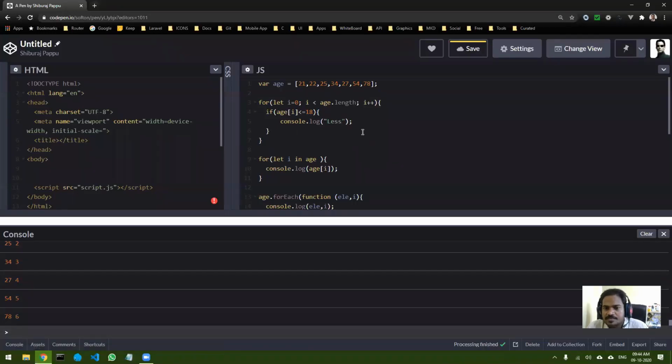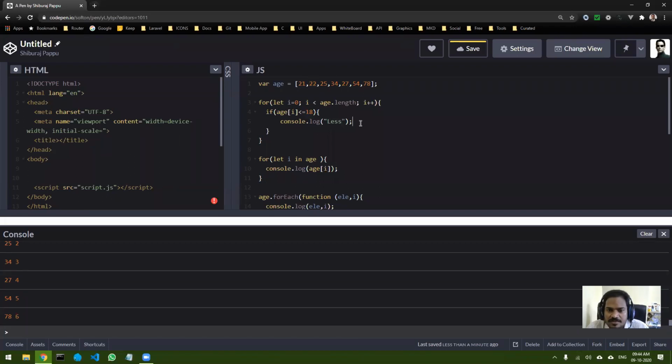Basically I'm just checking each and every age, and if it is less than or equal to 18, I'm just printing less.